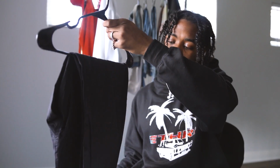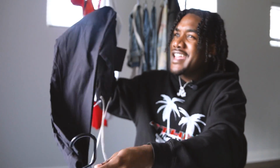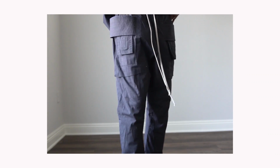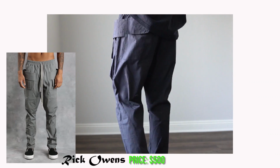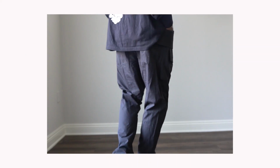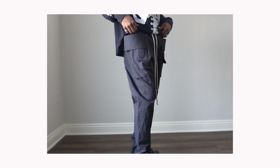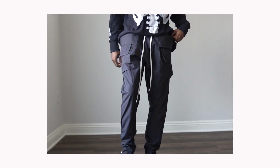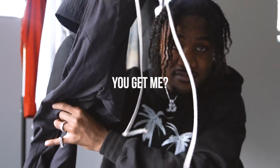We're gonna go with these pants right here, which I believe, I can't even remember the number, but they're basically like a Rick Owens replica, you feel me? So if you aren't able to spend a good chunk of money on the Rick Owens joints, you can definitely get these. It's literally like an exact duplicate. So y'all know how Minimal get down, bro. But anyway,